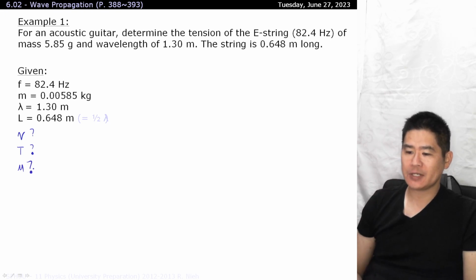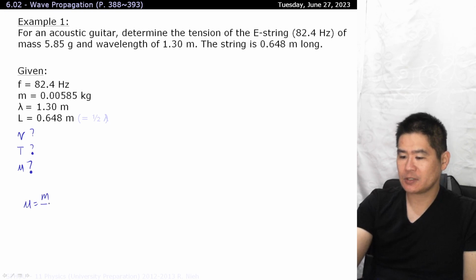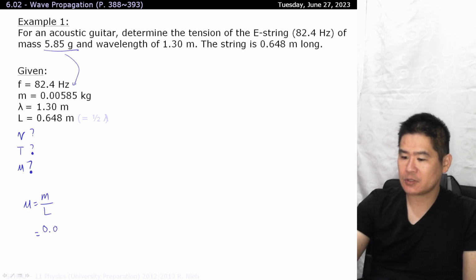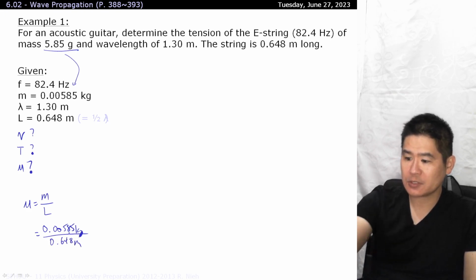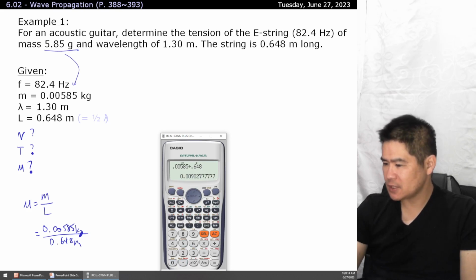We're going to solve for the linear density, where the linear density is equal to the mass of the string divided by its length. Now the mass needs to be converted into kilograms, so 5.85 grams is converted into 0.00585 kilograms, and we're going to divide it by the length of the string itself, so 0.648 meters. So 0.00585 divided by 0.648 gives us